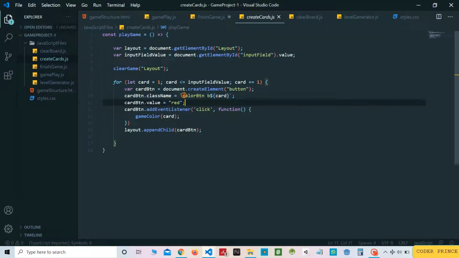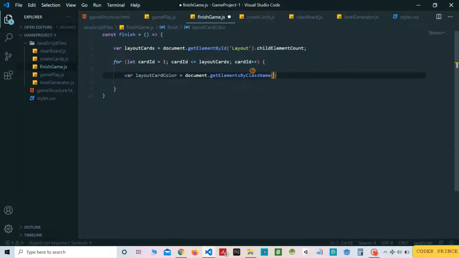So color button of card, copy this and just paste it here. And this card is actually the card id. Okay, use a backtick operator because you are using template literals. So card id,